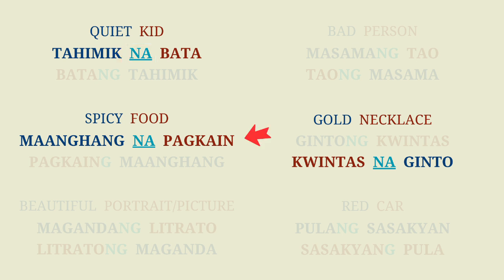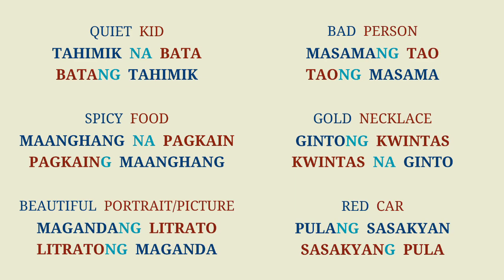Same goes with the second example. So the first word is maanghang or spicy. Again, it ends with a consonant. It ends with letter ng or letrang nga. So we use the linker na. And for the third example, the first word is kwintas or necklace. Again, it ends with a consonant. Therefore, we use na. If it ends in a vowel, a, e, i, o, u, you add the suffix ng